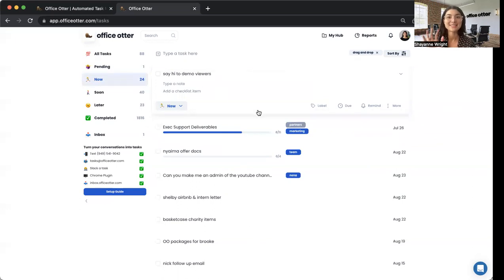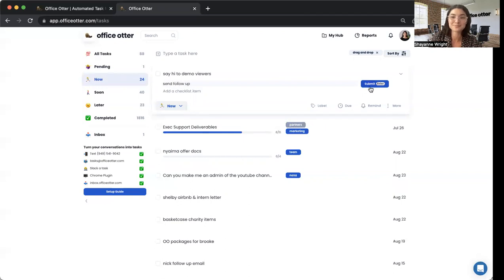And then secondly, once you've created your tasks, we have some amazing things called task enhancements. And so what I like to say is Office Otter is really great for those quick couple word, jot it down so you don't forget it later. But we're also really good for multi-step projects, for prioritizing things with your labels, for adding smart due dates. And so these 5 right here that are visible are our most popular. So you can add notes,